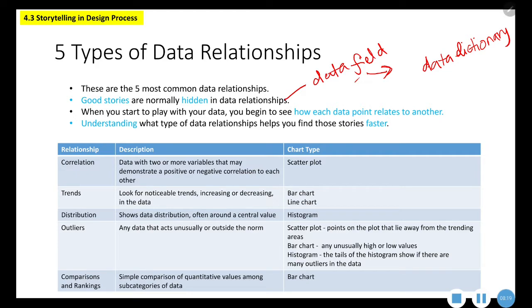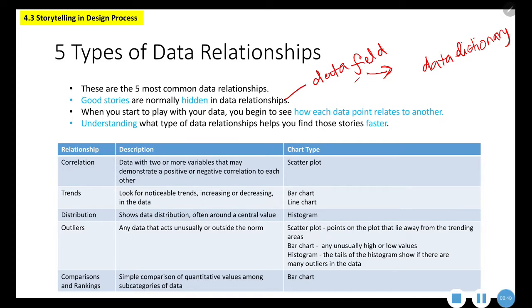Good stories are normally hidden in data relationships. So when you start to play with your data, you begin to see how each data point relates to one another. You have to understand what types of relationships help you to find your story